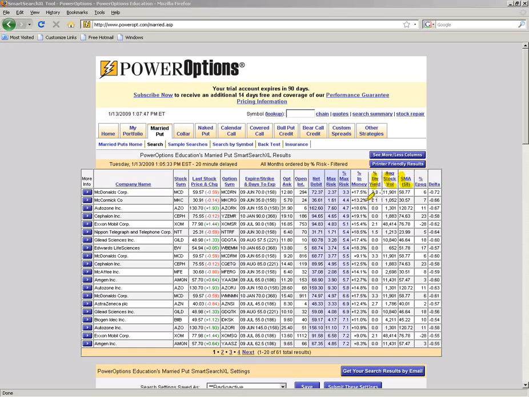Now this is interesting, isn't it, Kurt? Here you've got McDonald's at a 3.3% risk, and then we've got the dividend yield of 3.3%. Yeah, that's right. There's no risk at all. Yeah, well, we're using a